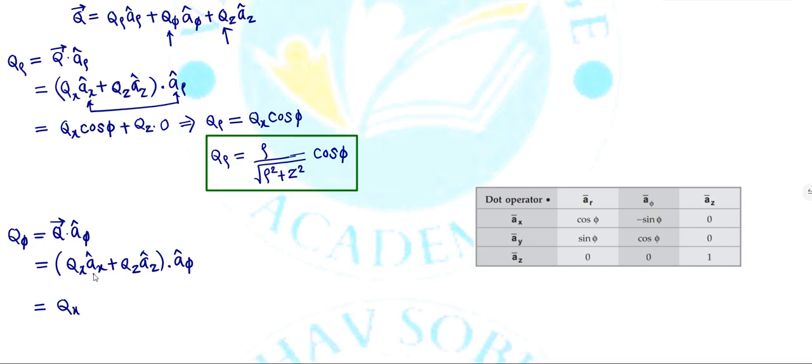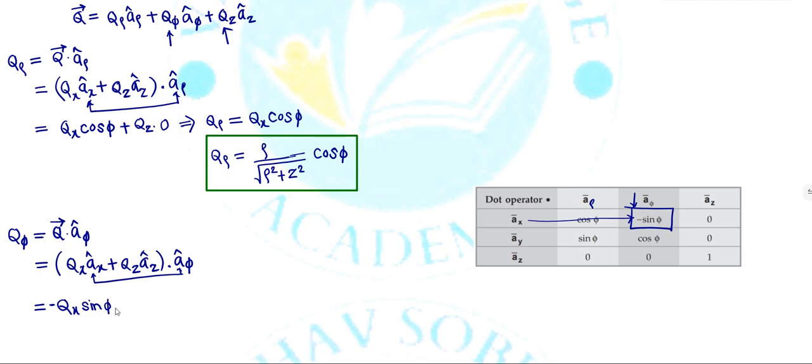Now the dot product in between this ax and that a phi, ax and that a phi. So what is that one? We have ax over here, that is ax, and then a phi over here. See, you can see over here. So you just go this way and this way. So the dot product in between ax and a phi is what? Minus of sine phi. So the dot product in between ax and a phi is what? Minus of sine phi. So place that value over there,